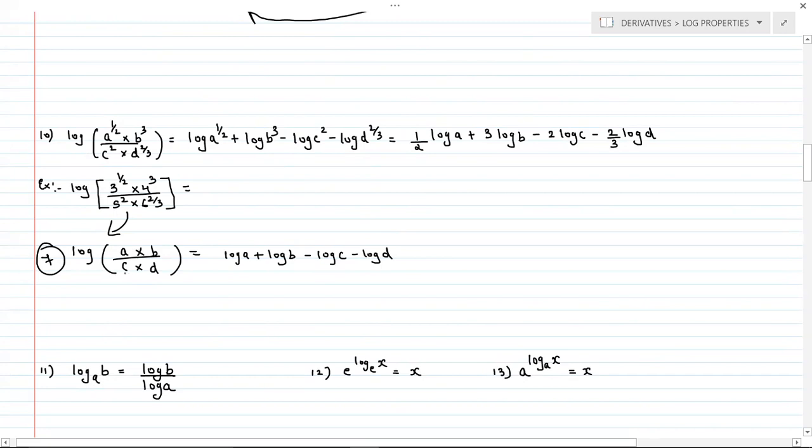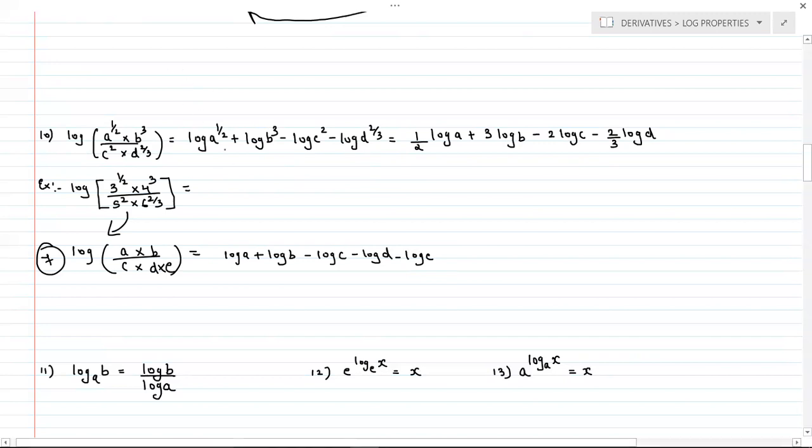So let it be whether it contains 2 or more than 2 terms. Suppose there are 3 terms, so here you will write minus log A. So in simple language, for the numerator you will attach a positive symbol, and for all the denominator terms, whether it contains only 1 term in the denominator or more than 1 term, 2, 3, 4, any number of terms, the symbol for each and every term will be minus. So for the numerator plus, and for the denominator, for each and every term you will attach minus. Remember this.